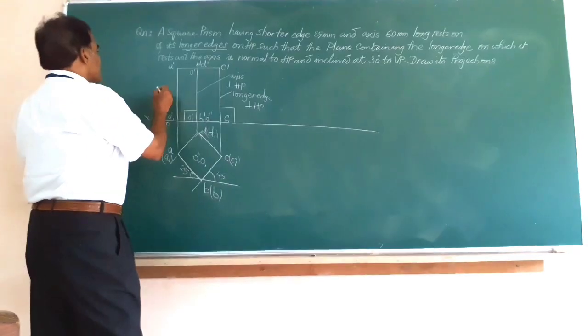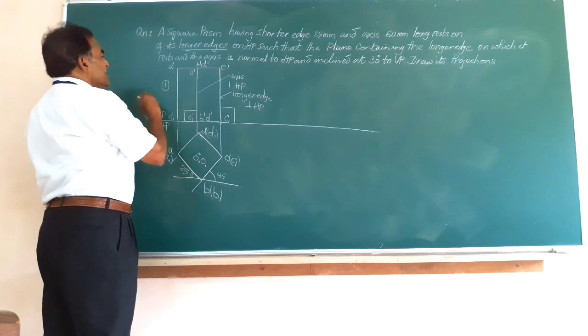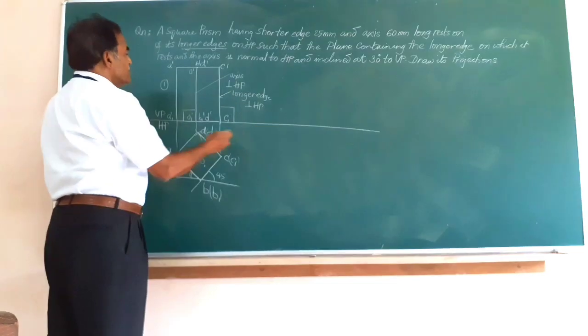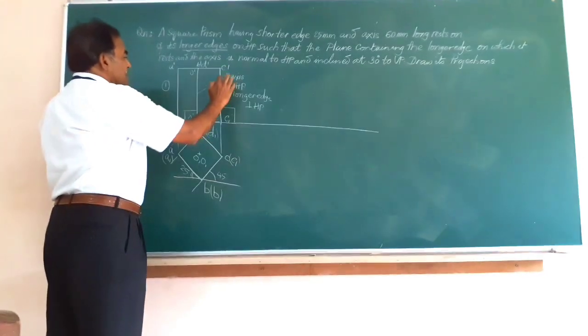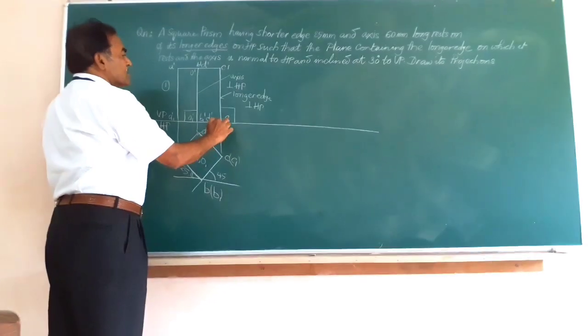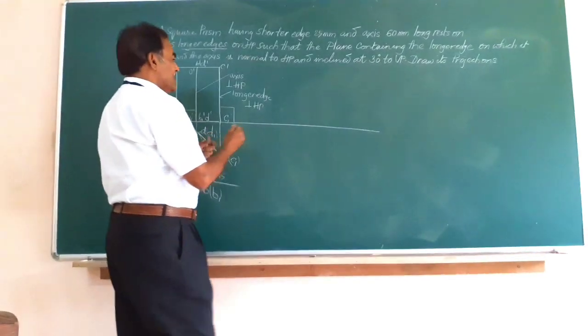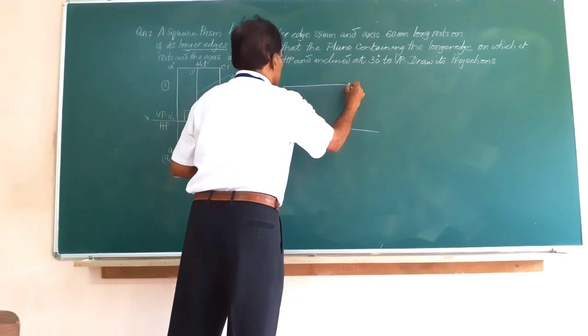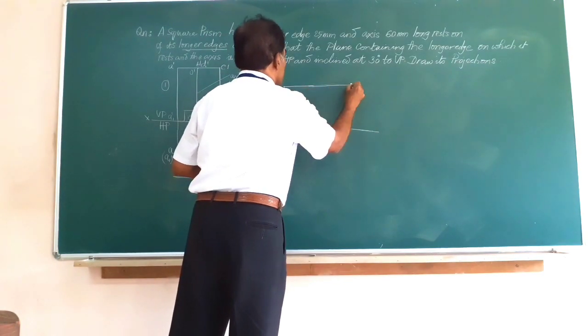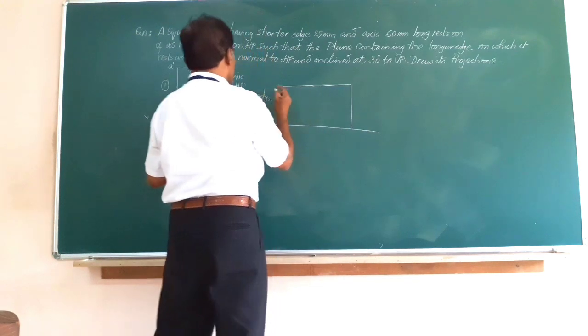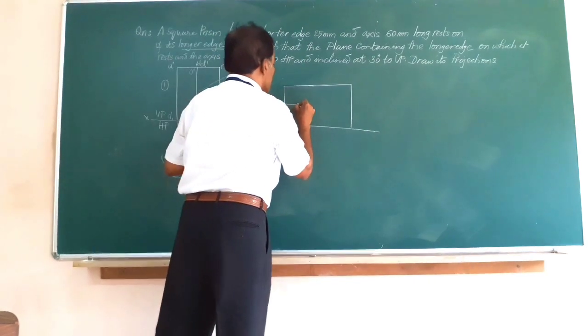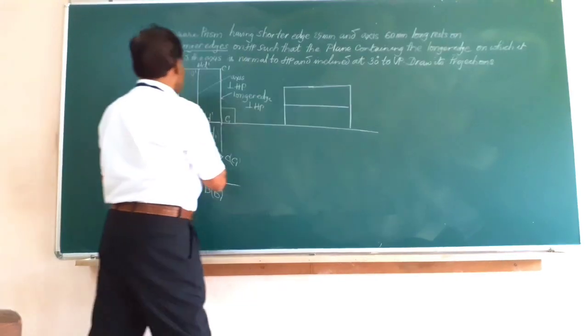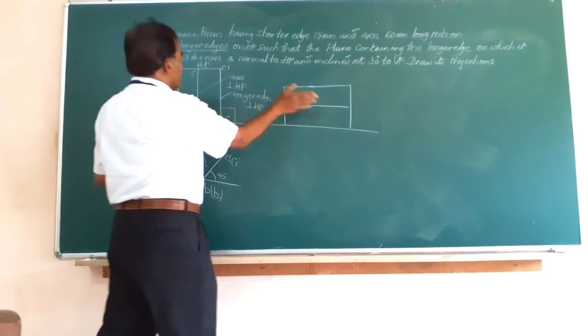So if I call this figure as 1, I redraw this figure as figure number 2 such that the long edge CC, which is perpendicular now, rests on the XY line. So I just redraw this figure like this. See, figure number 1 is redrawn as figure number 2 here. Same figure, same dimension, and see, this was figure 1. I have drawn like this.